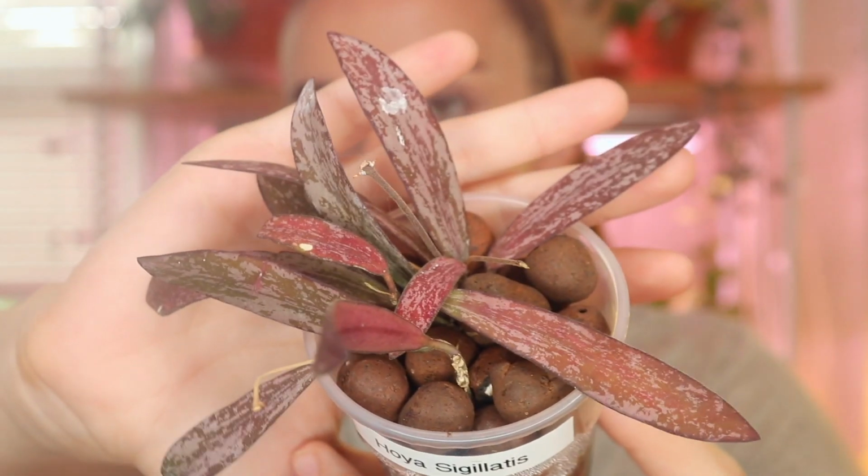Most plants that sun-stress have to put out new leaves that are under bright light to sun-stress, but this one can actually sun-stress its old leaves, so that is super awesome. And that is why it's so purple. You can see it's looking